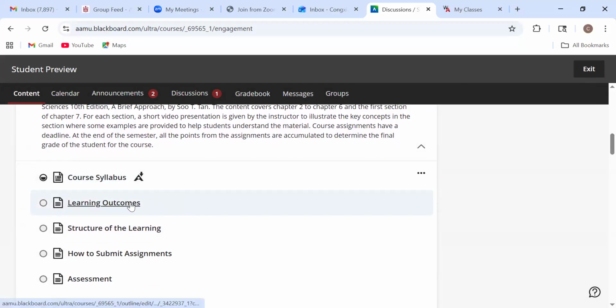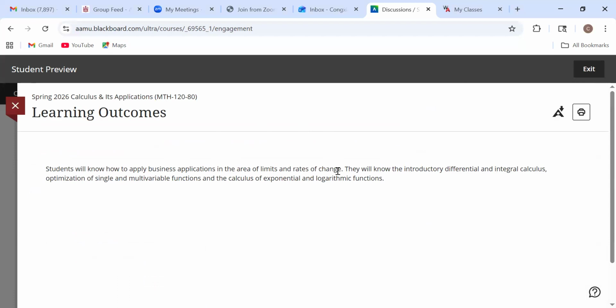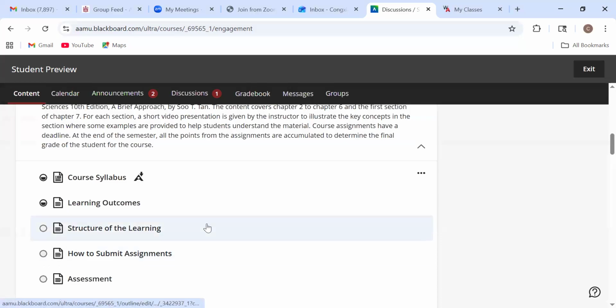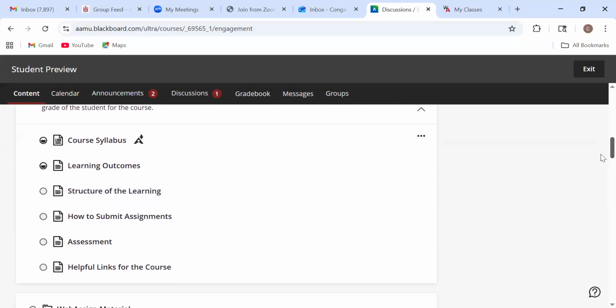Learning outcomes: there's a learning outcome for this whole course. Just learn the applications of limits and the rates of change, some differential and integral calculus, some basic skills, optimization of single and multivariable functions, and calculate exponential and logarithm functions. So this is the learning outcome for the course, but in each chapter, or even each section, you have